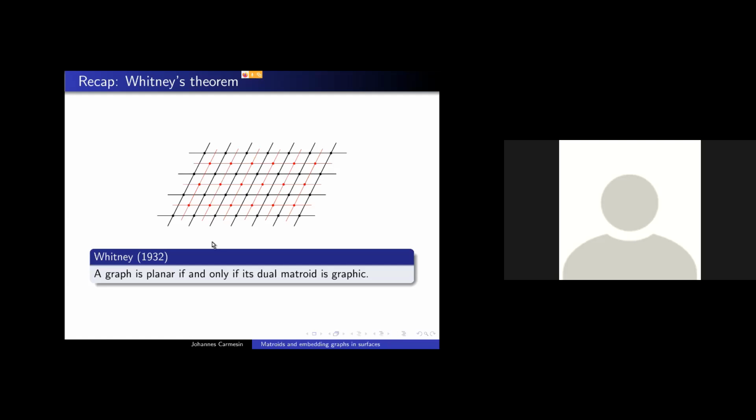And now in modern terms, this theorem of Whitney says the following from 1932: a graph is planar, so it can be embedded in the plane, if and only if its dual matroid is graphic. In this case, this dual matroid is just given by a binary matrix, and you just check whether there's a graph whose cycle matrix is given by that matrix. So it's a very simple, very easy